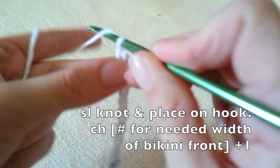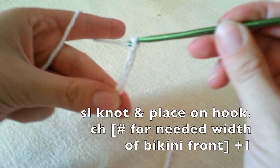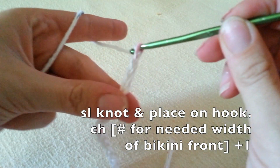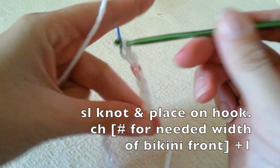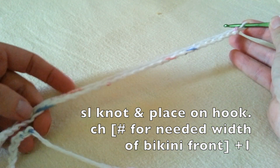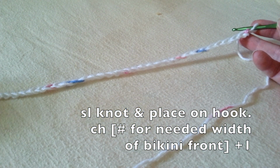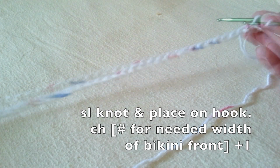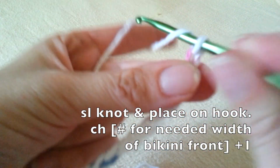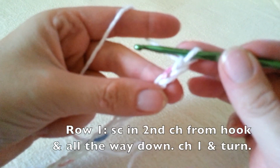My foundation chain is going to reach from one hip to the other hip, and based on the materials that I'm working with, I'm going to need to chain 40 to get this measurement. Once your foundation chain is the correct width for your bikini bottoms, we're going to begin our first row. We're going to start by chaining 1,